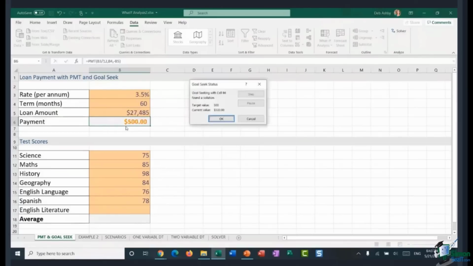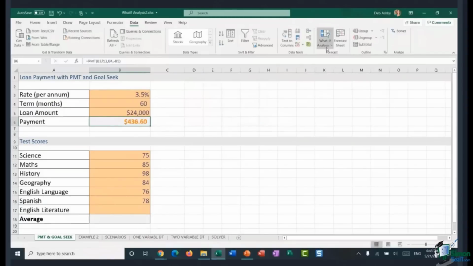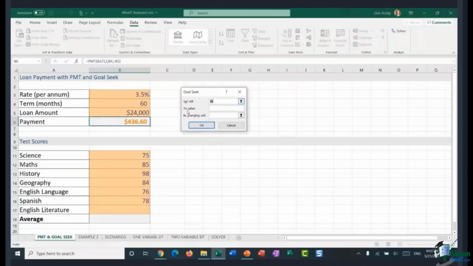And you can see there very quickly, it's telling me if I pay $500 a month, I can borrow $27,485. Okay. Now, similarly, I could do that on a different cell. So let me just cancel that so it goes back to how it was. If I go back to What-If Analysis and back down to Goal Seek, again,